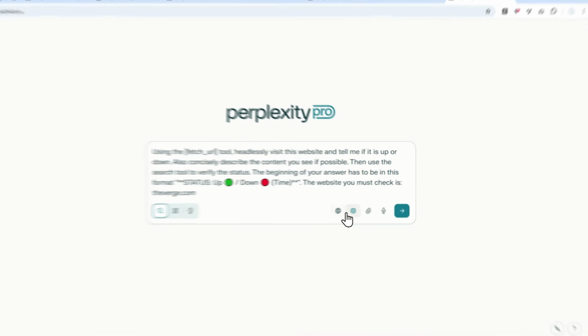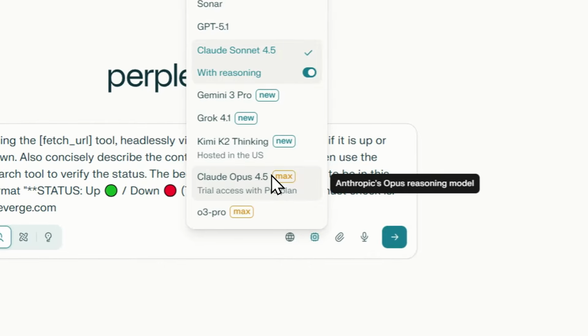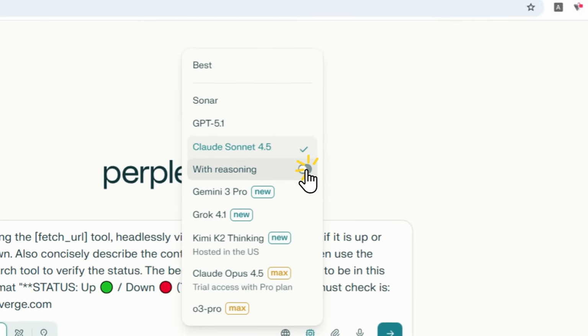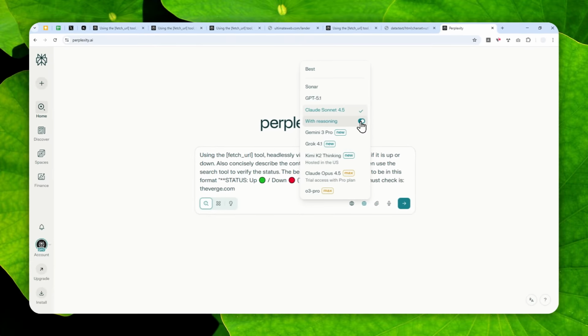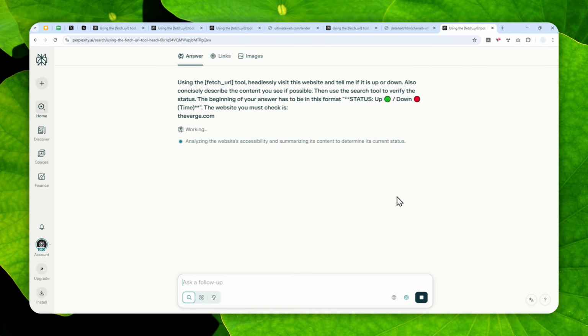And after that, for the model, honestly, any model will work just fine, but I do really like using the reasoning model because it will actually give you much more thorough answer compared to a regular model. But if you don't have any access to the reasoning model, then you can use any model. Now, after that, send a message and let Perplexity visit the website by utilizing several tools that it has, like